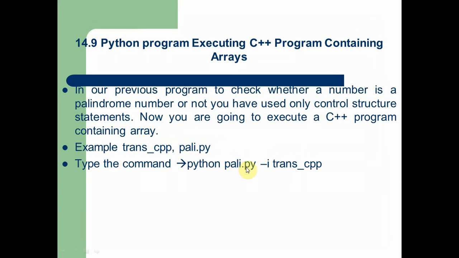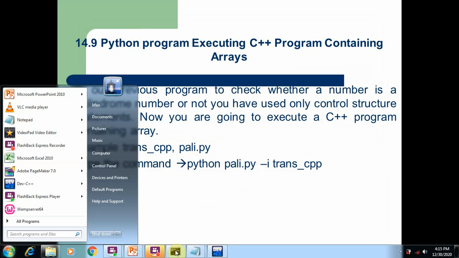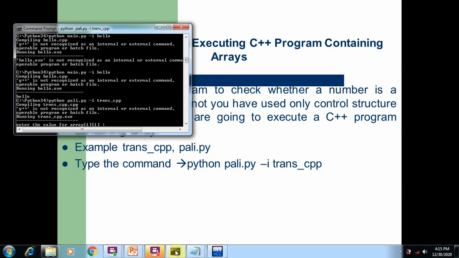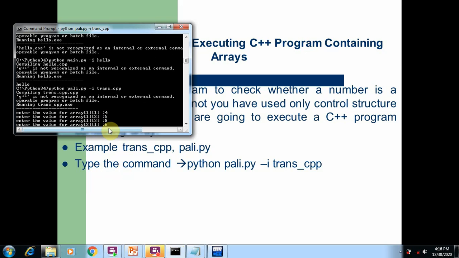As I already told you, pally.py is a common file to run any C++ program in the command line through the Python program. So what we want to do is type Python and then pally.py, the common file, in the input mode. After that, type the C++ file which you want to run through Python, so trans_cpp. Here you can see it asks to enter the values of the array. These prompts are executed from the C++ program. Here I am going to enter the